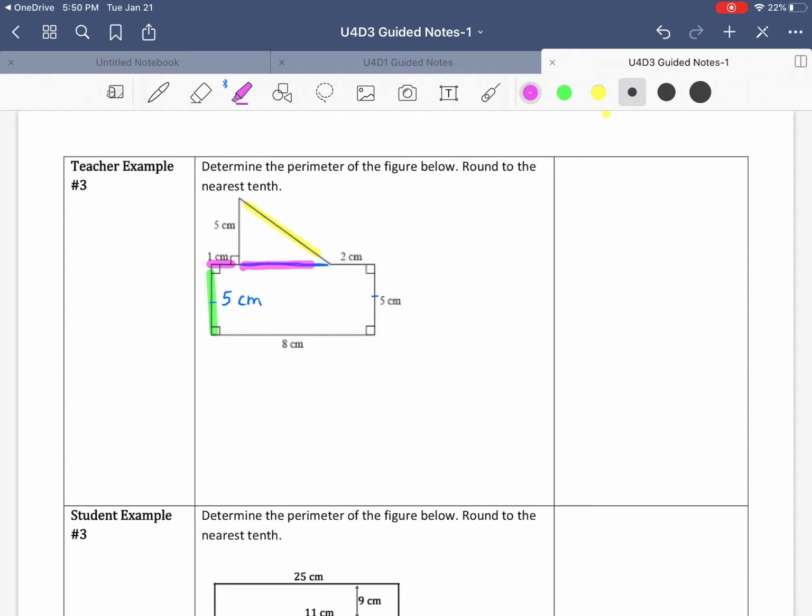If we see this is 1, that is some number, and this is 2, and it should all add up to 8. So 2 plus 1 is 3, and 8 minus 3 is going to be 5, which is how we know this section here is 5 centimeters. Now we have a 45, 45, 90 degree right triangle because we know this one side is 5 and the other side is